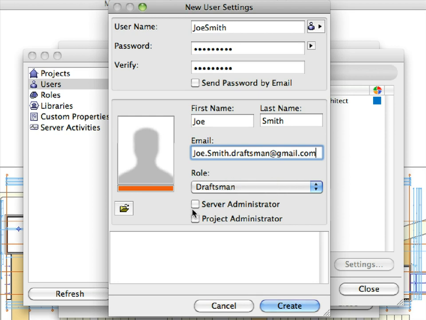There are 2 additional checkboxes. These can be used to provide special rights for the team member. Server Administrator Right enables team members to fully manage the BIM server, including the management of projects, users, roles, libraries, and custom properties. Project Administrator Right enables team members to manage projects only and also customize the roles of users